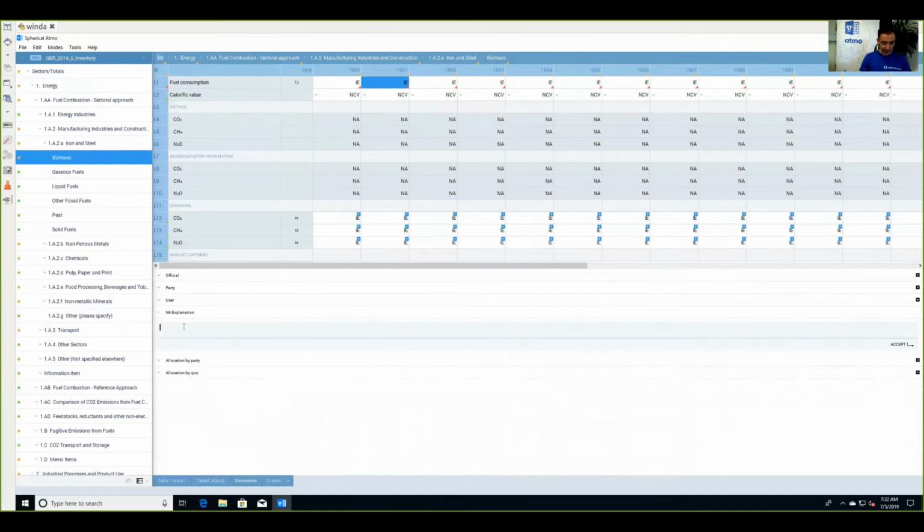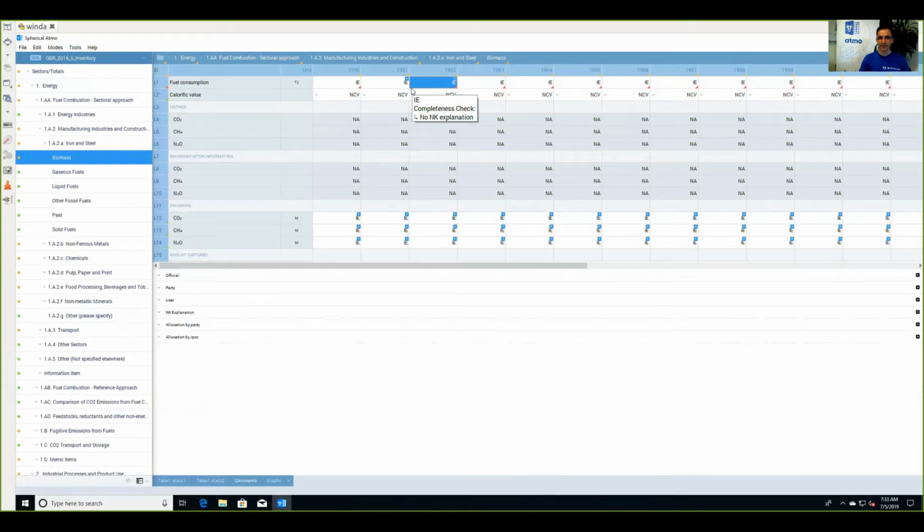So we add a notation key explanation, something along the lines of this: described in National Inventory Report, section 2. We save the comment, and as you can see, the check failure sign has disappeared